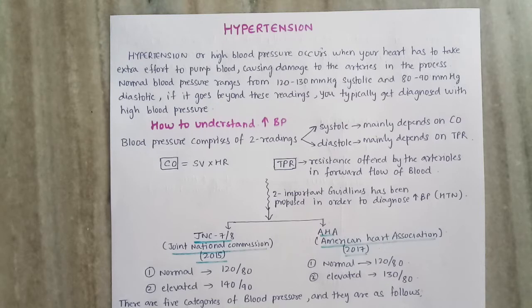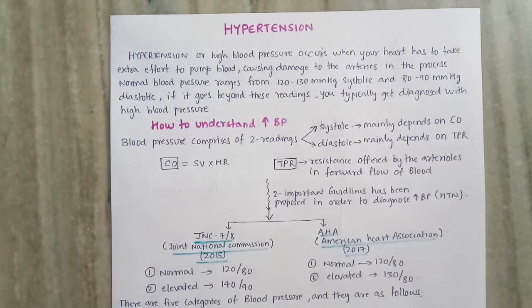So if the stroke volume is decreased, the heart rate will increase in order to compensate for the decrease in stroke volume. We already know from the compensatory videos that cardiac output is stroke volume multiplied by heart rate, and the total peripheral resistance mainly depends upon the resistance offered by the arterioles. If the arterioles constrict, the resistance will increase, and if the arterioles dilate, or if we are giving drugs such as arteriolar dilators,